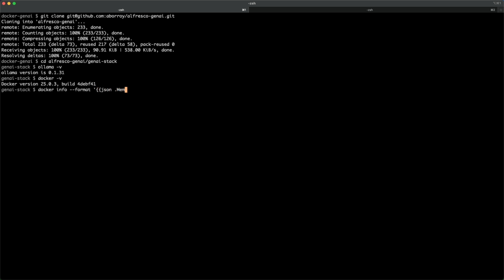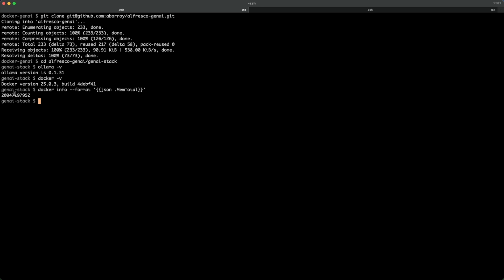So we can check the total memory allocated for Docker. In this case, we have 20 gigabytes of RAM. If you have less than this amount, then you can refer to the official Docker documentation in order to increase this